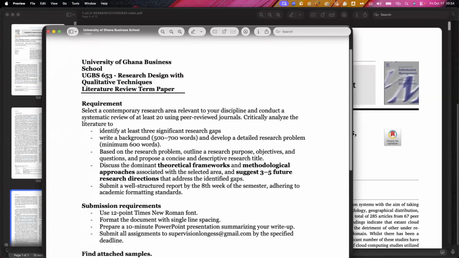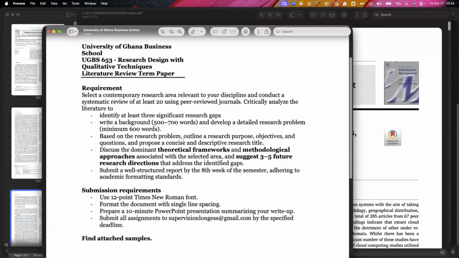Write a background between 500 to 700 words and develop a detailed research problem, minimum 600 words. Based on the research problem, outline a research purpose, objective, and questions, and propose a concise and descriptive research title. I'm sure you may be asking, do literature reviews with title count? Please, we'll come there. Discuss the dominant theoretical frameworks and methodological approaches associated with the selected area and suggest 3 to 5 future research directions that address the identified gaps. And then submit a well-structured